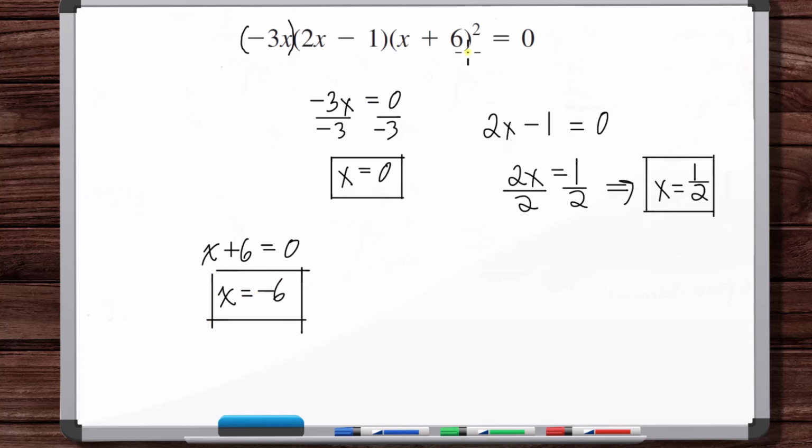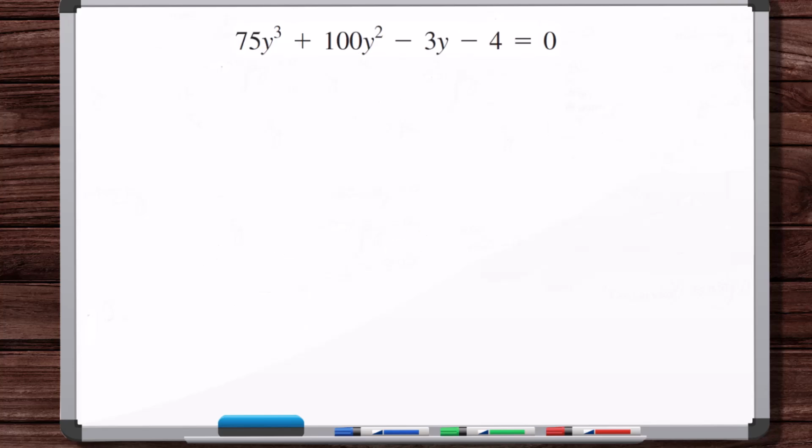But it doesn't matter that this is squared. It's the same idea. Just what value of x makes this equal 0? And so that's the 3 solutions. Okay, so now here it's a little more complicated in that everything's been expanded out, combined like terms,